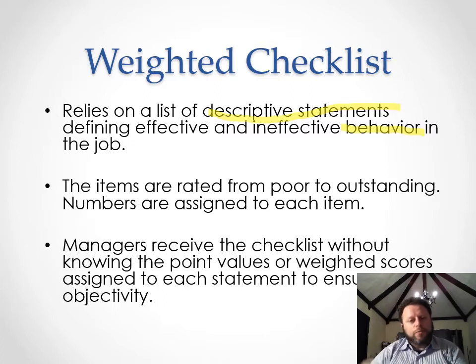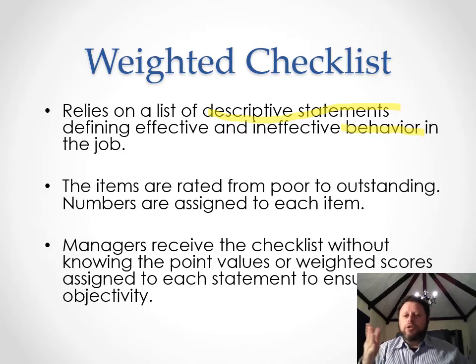And another one is David is prepared for class. Well, David is usually prepared. We'll give him a 4. And another one would be David always dresses very well and has his hair nicely combed. And maybe David gets a 1 on that. Now, this is a list of descriptions of what we consider to be good behavior, or it could be ineffective. It could be bad behavior, such as